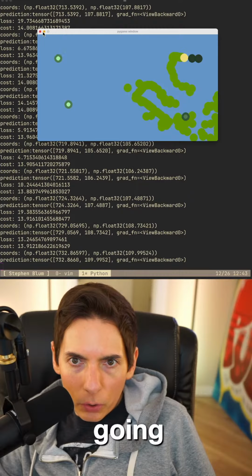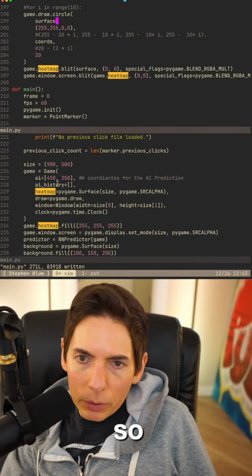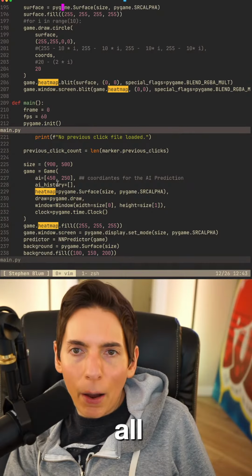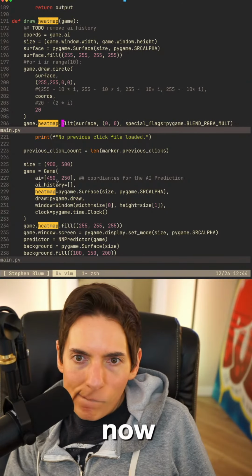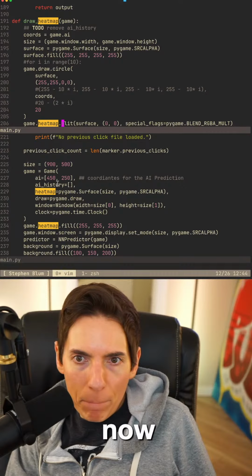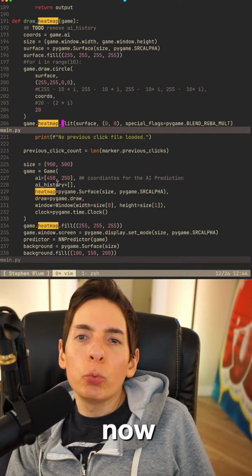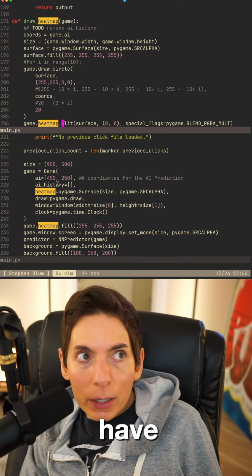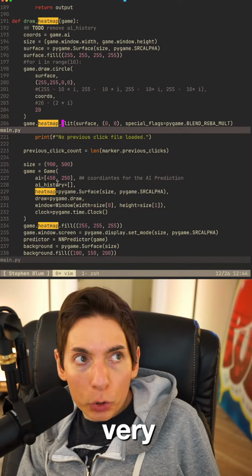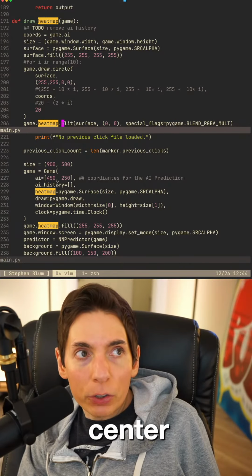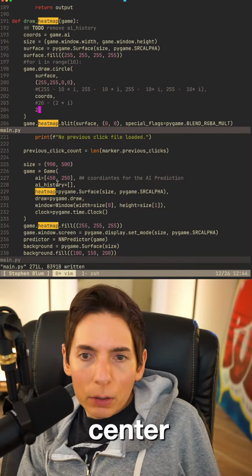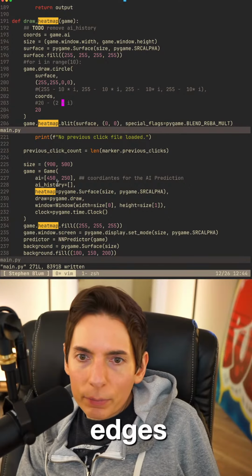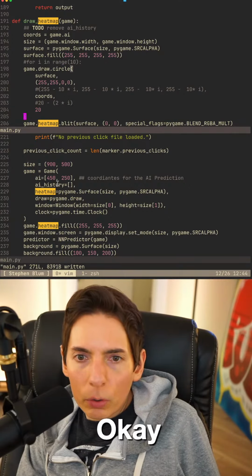All right, so we do have the green. Now, how do we do this? We need to have very, very dark in the center, and then very bright on the edges.